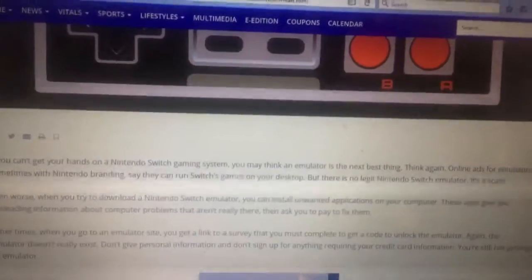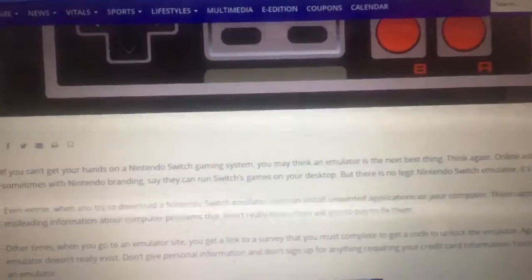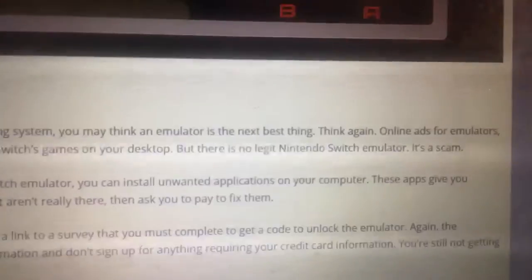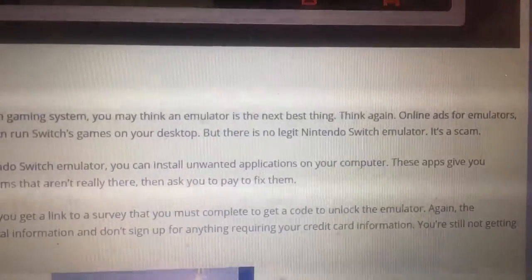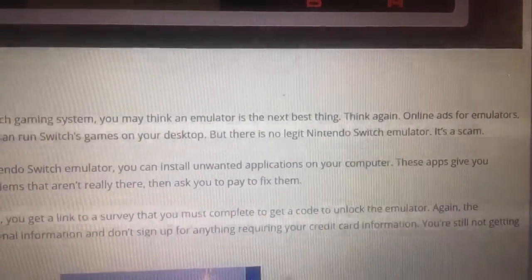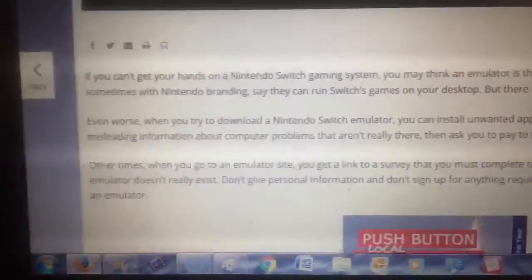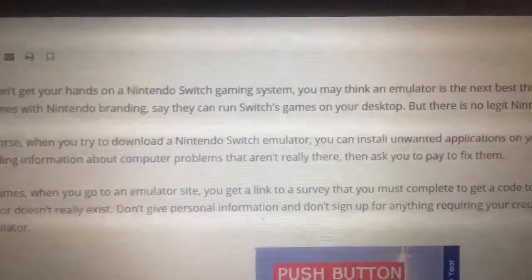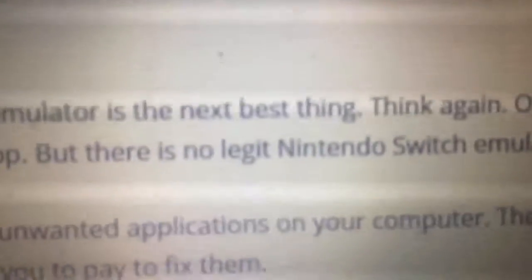The article is on a website called Kokomo Perspective. I'm trying to zoom in as best I can. It starts off with: if you can't get your hands on a Nintendo Switch gaming system, you may think an emulator is the next best thing. Think again. Online ads for emulators, sometimes with Nintendo branding, say they can run Switch games on your desktop, but look at this carefully.